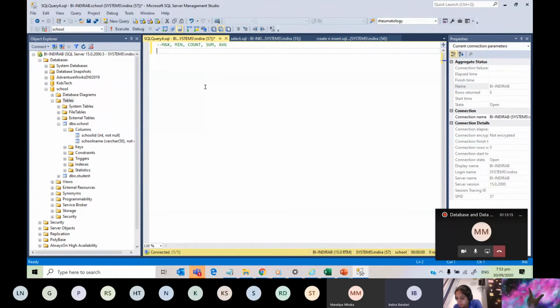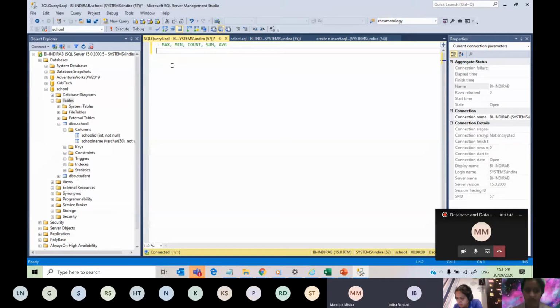What is max? Any idea? Is this kind of like Excel? Yeah, Excel, yes. Max is maximum. Min means minimum, the smallest it can go to.